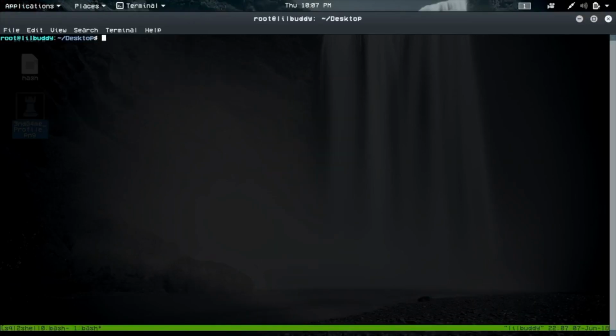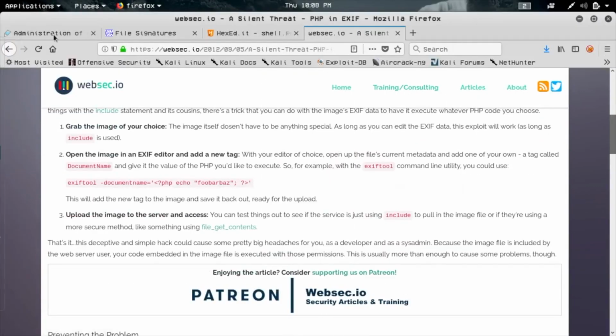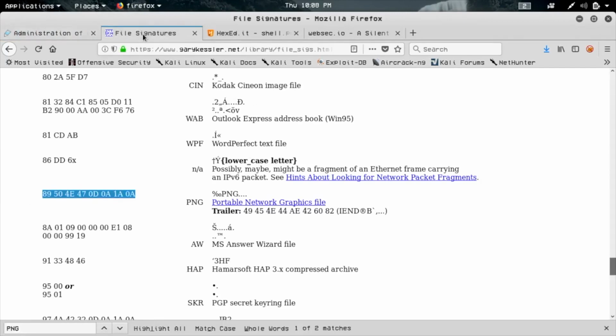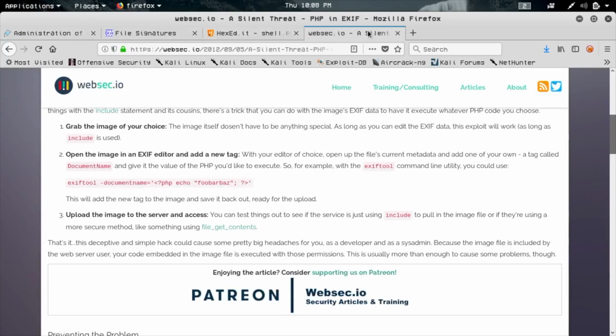Alright, so we say exif. First, let's do a test. Let's make sure this image works. I'm not sure why it wouldn't work. Say test. Browse. Yeah. Awesome. So that worked. We don't need that anymore, so we can say